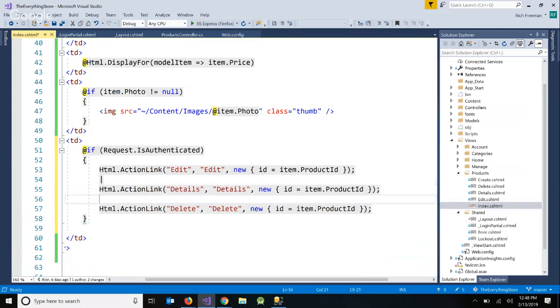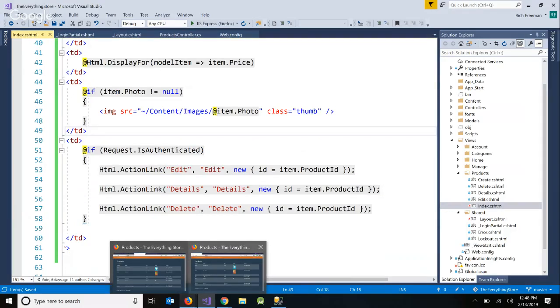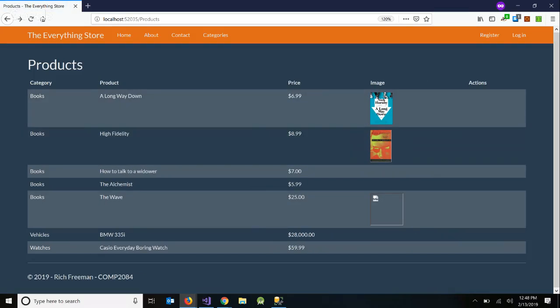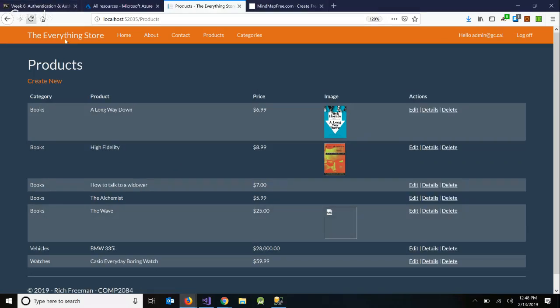Maybe that way. We'll see if that works. Visual Studio seems. Let's just see what happens now. So now I'm not logged in, these should go away. They do. If I am logged in,